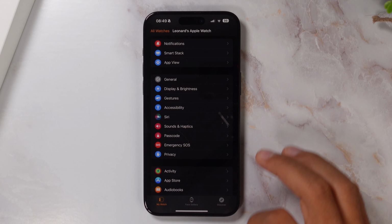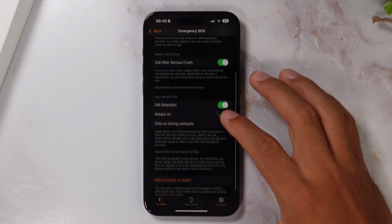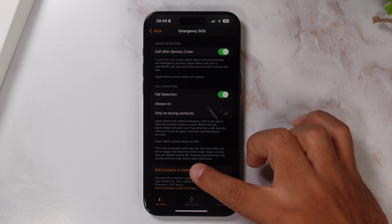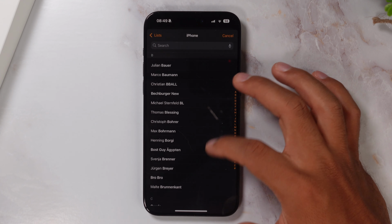The Apple Watch Series 10 also comes with the emergency SOS feature, and there are different ways to activate it. First, you have to set up an emergency contact. Right here, you can just choose someone that you have on your contacts list, and then you can toggle on different features. First up, you can manually activate the SOS emergency by long pressing your crown,